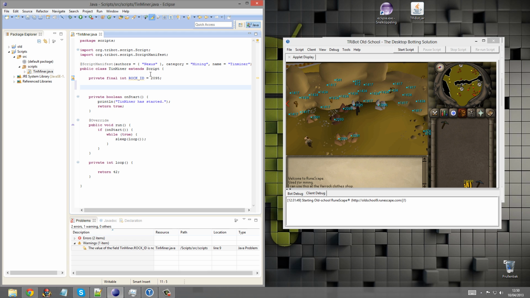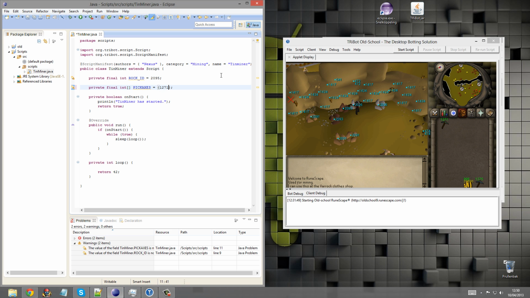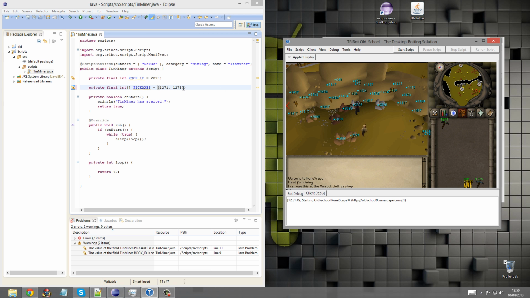Some other data we need are the pickaxes, because we do not want it to drop our pickaxes. Now, we're creating an array, which means we're going to put in multiple items we don't want it to drop. I'm going to name it pickaxes, but that's not entirely correct because I'm going to add my coins in there. Go to debug inventory, and now you can see the inventory IDs. This is my admin pickaxe because I'm only 36 mining. Input the actual ID, the room pickaxe, which is 1275, and my coins,